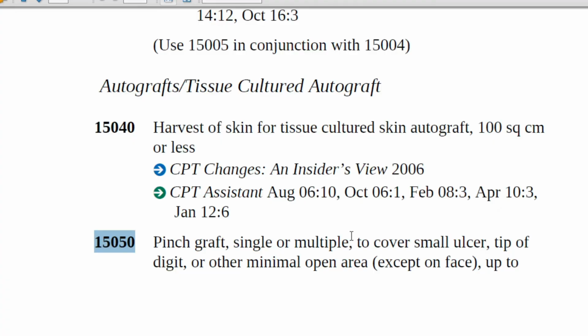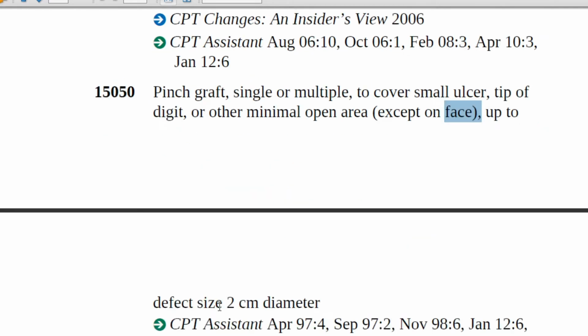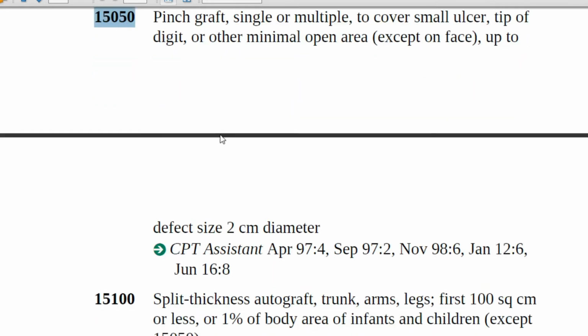The next code is 15050, pinch graft, single or multiple, to cover a small ulcer, tip of digit, or other minimal open area except on the face, up to defect size 2 cm diameter. This procedure is not performed on the face. Now, what is a pinch graft? A small graft obtained by elevating the skin with the help of a needle and slicing it with a knife.